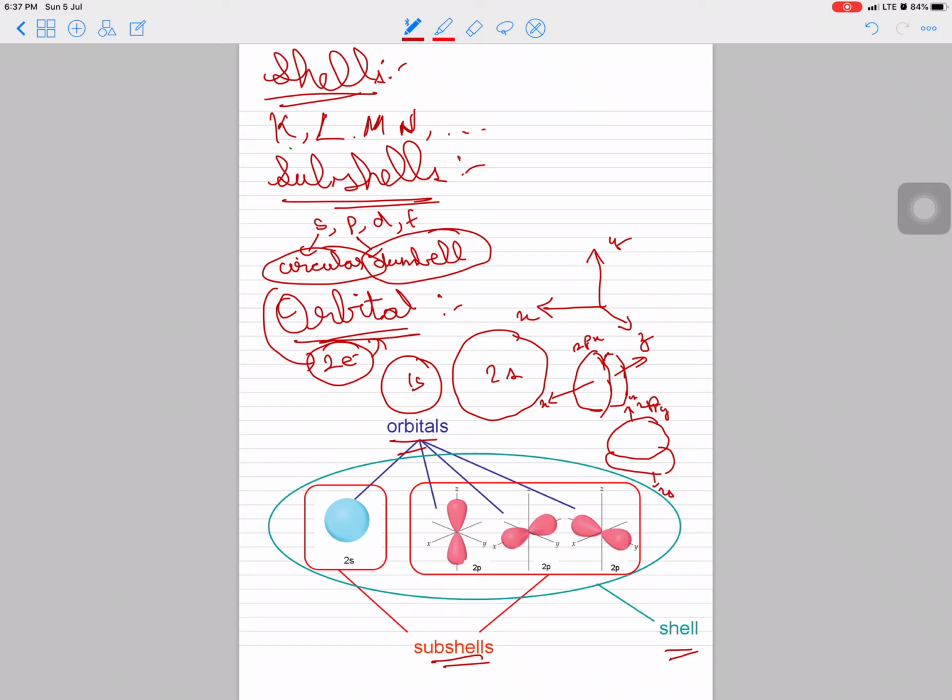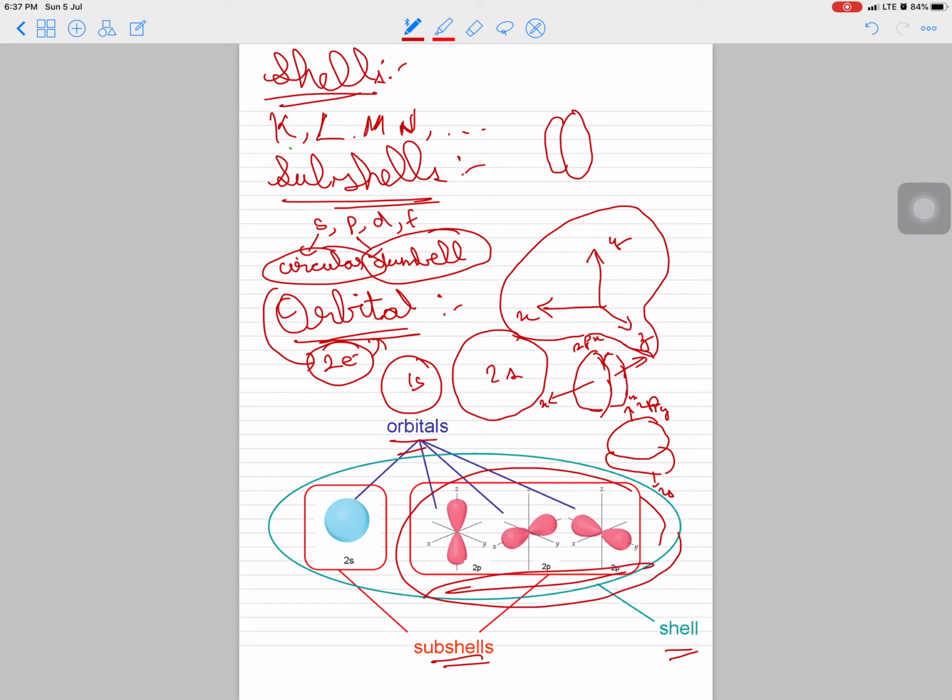Now this is z. This is the graph that we're looking at. If you want to draw 2pz, it will look something like this. Actually they look something like this, not what I drew,